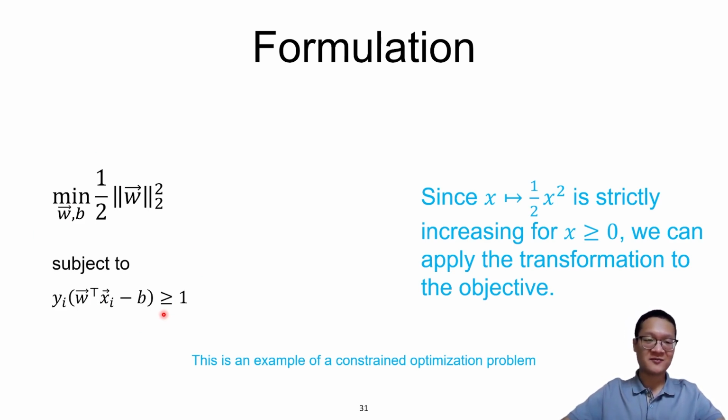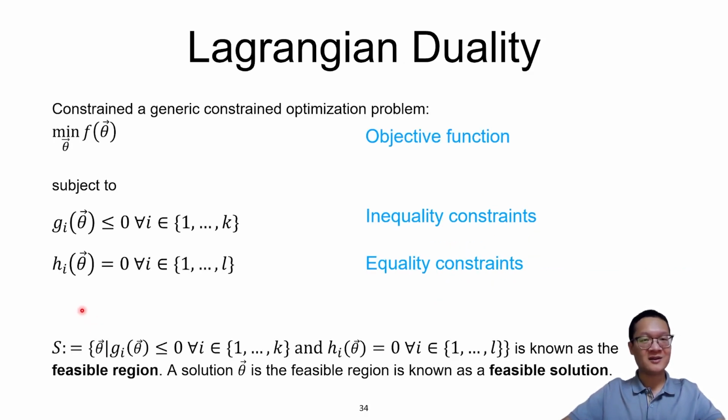The previous techniques for optimizing a function, for example, the gradient-based methods, will not work here because we not only want to minimize this function, we also want to minimize the function subject to constraints. So because of this, we need another way of solving this optimization problem. And so now we're going to take a quick aside to talk about Lagrange duality. So this is a concept that is general in